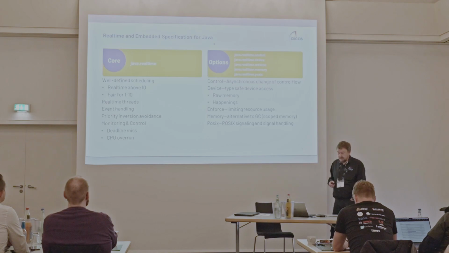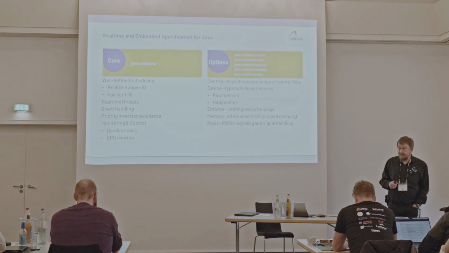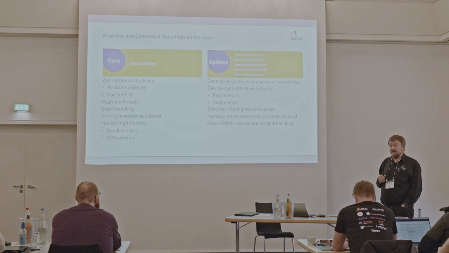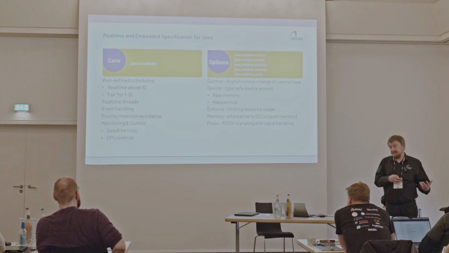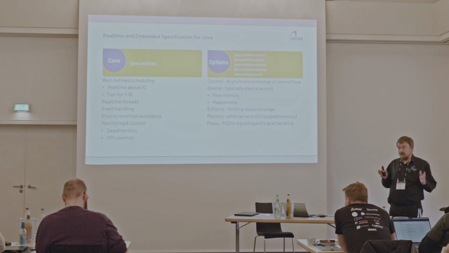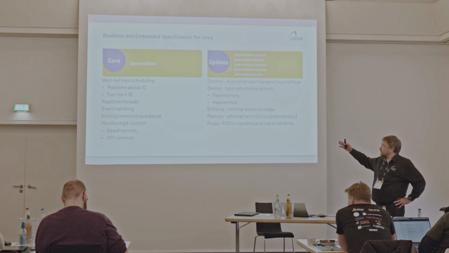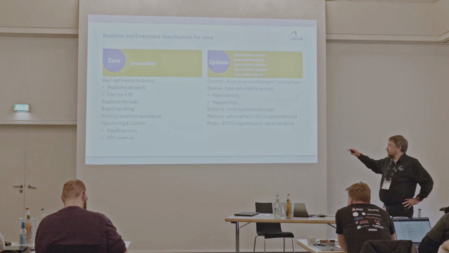So the real-time specification has, in the new version, we've divided up a bit, and the reason why we divided up is that there are facilities that not everybody would like to have or need. And of course, some of the facilities have an impact on the rest of the system. Particularly the alternative memory, scope memory implementations does have some impact on overall performance. But the core has well-defined scheduling, basically fair scheduling for 1 to 10 and real-time scheduling over it, real-time threads,